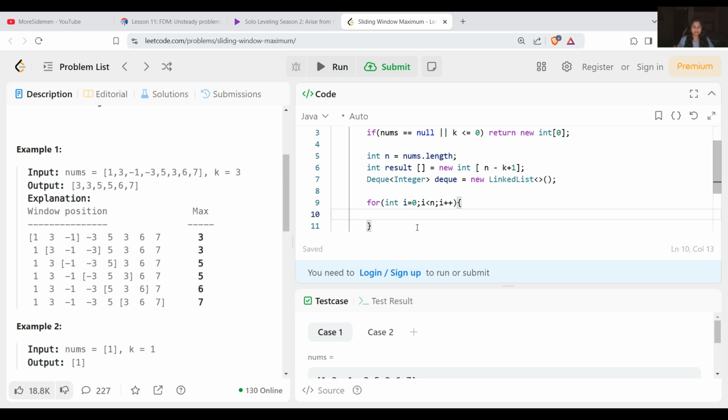So we put an if condition: if dq is not empty and dq.peekFirst